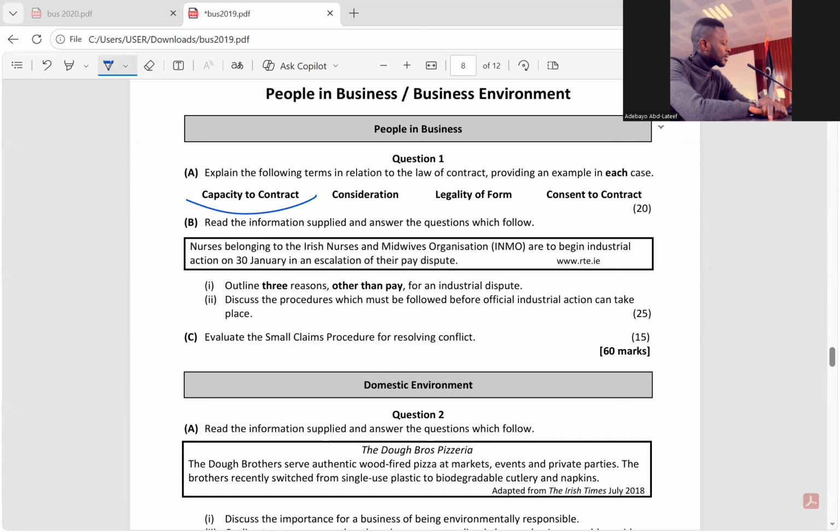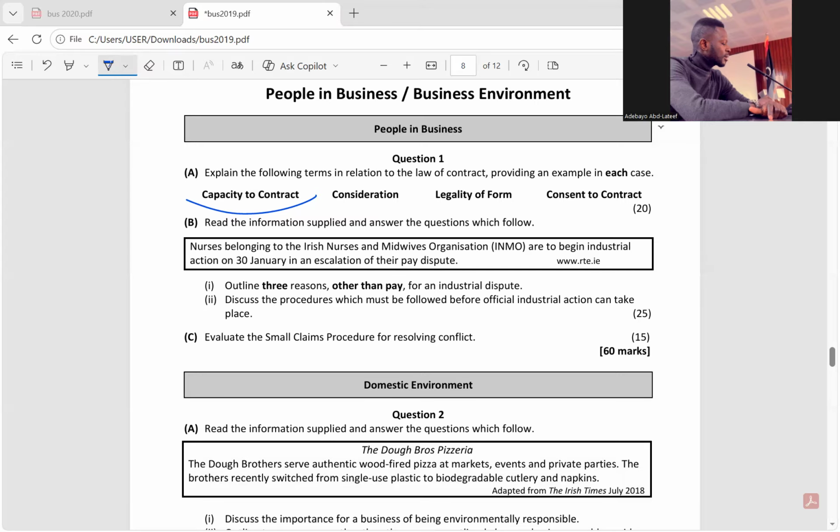The only people that do not have the legal right to enter into a contract are those under 18 years, except for certain reasons. Two, an insane person, someone that is not in the right state of mind. You cannot enter into a contract. And alcohol, someone that has drunk alcohol, you cannot enter into a contract. Diplomats, because they have what we call immunity. So you cannot hold them against any mistake. They have immunity, so they don't go into contract.